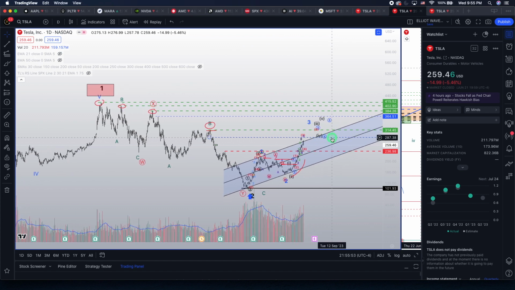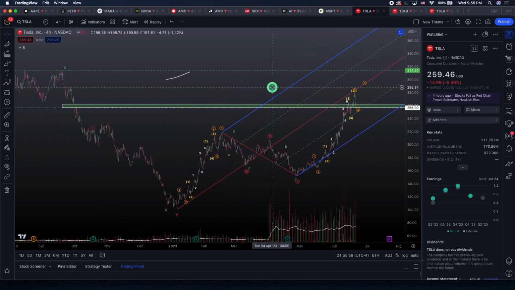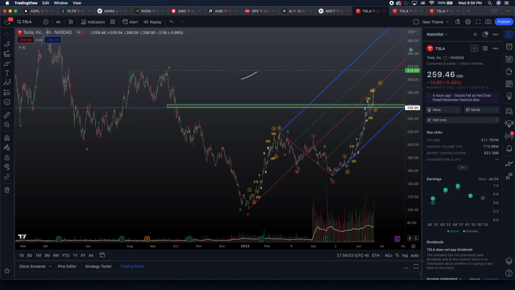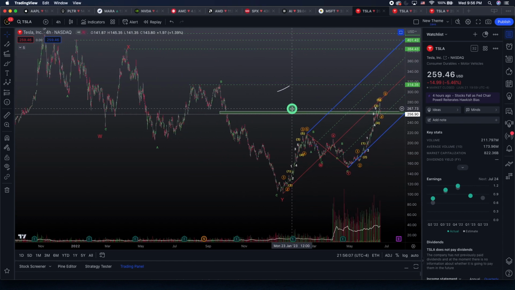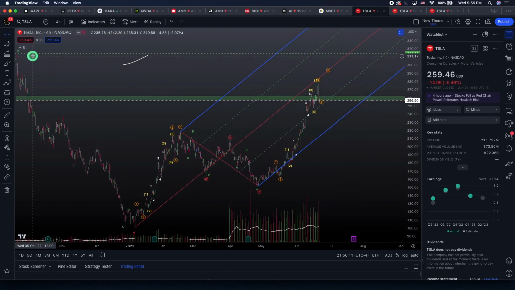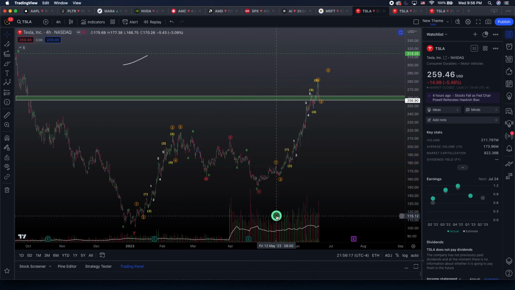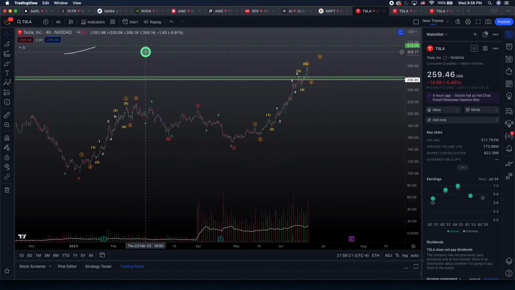All right. Now, let's just get into the actual wave count, and I'm going to switch over to a darker background because I think it makes it a little bit easier to view. So we won't go over the macro structure. We'll just take a look at this. Let me hide our pitchfork. All right, so essentially,